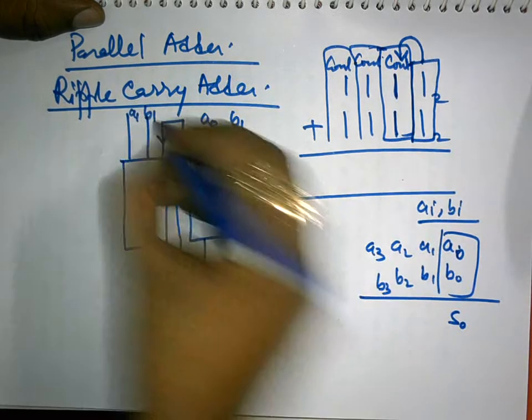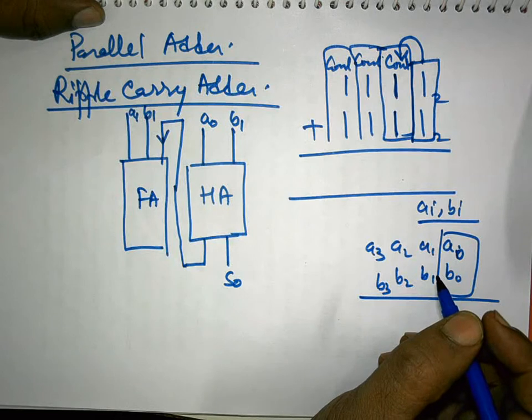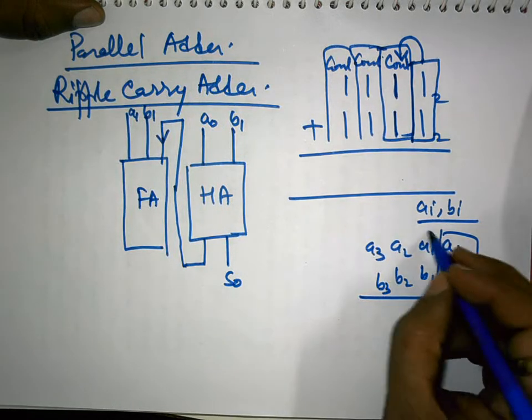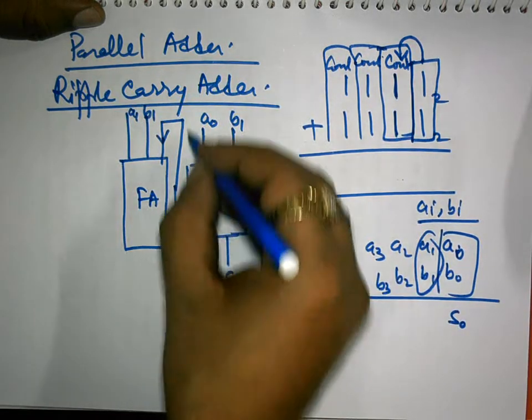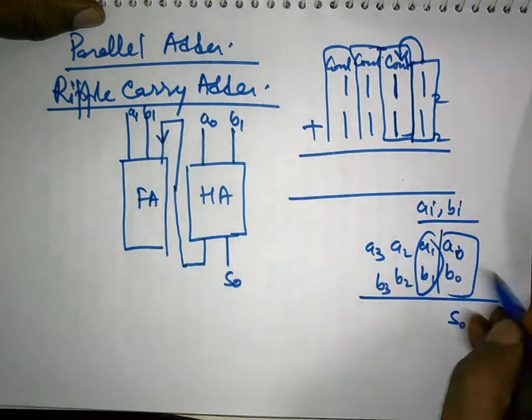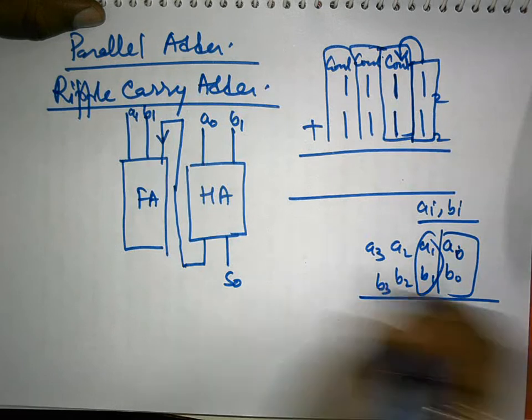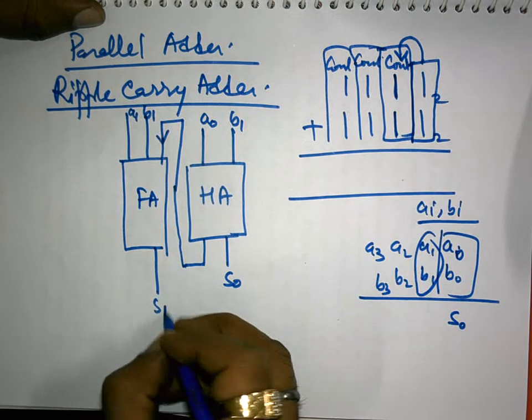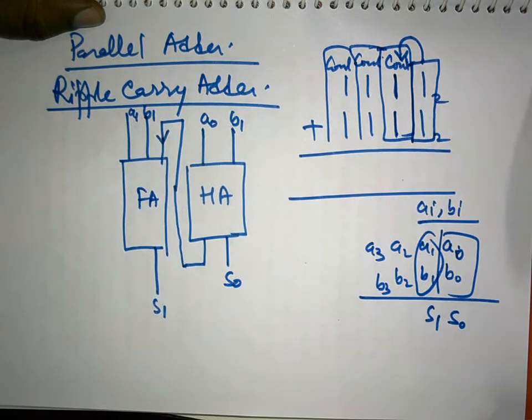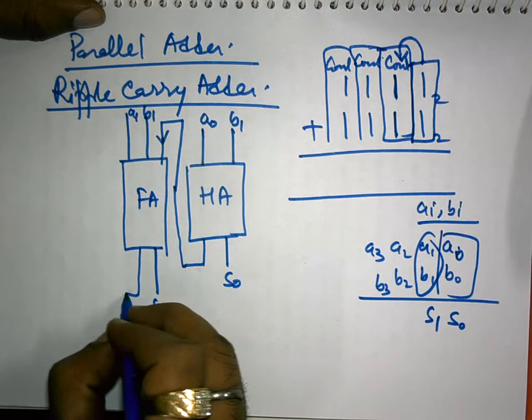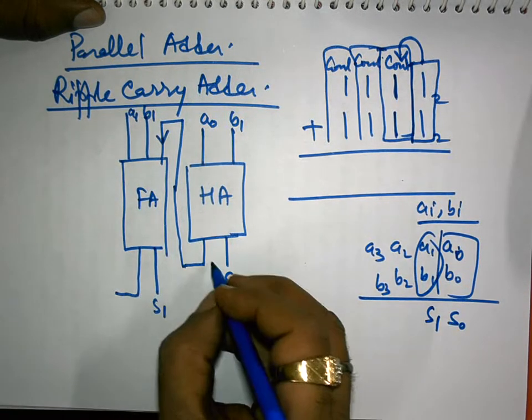A1 and B1, these digits together with this carry which is coming out of this LSB position, A0 B0 position, and this way I am getting this sum 1 over here and a carry out